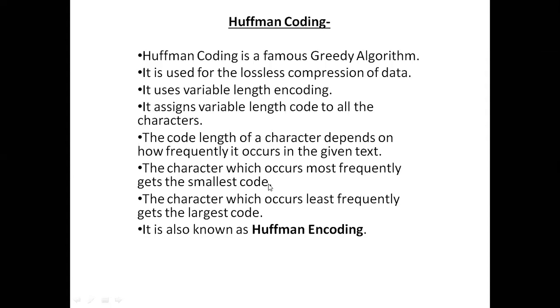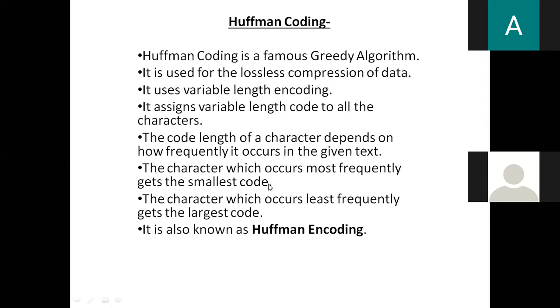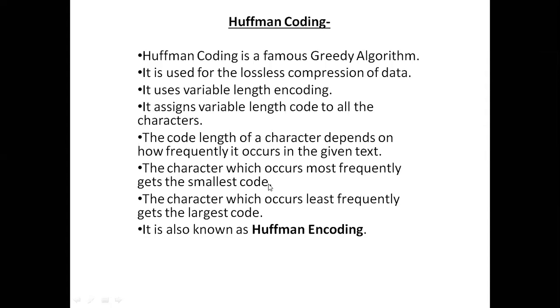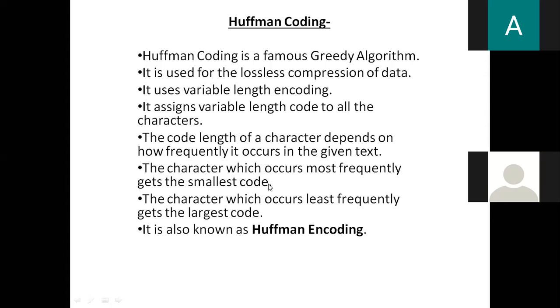Done? So what we'll do is, to represent alphabet A I will use the smallest code, like 1 bit only, either 0 or 1, whatever. I will assign it a code, code meaning bits, such bits whose length is small, smallest code. Suppose I assign it 1 bit and alphabet A's frequency is 10, so 10 into 1, I will require only 10 bits.